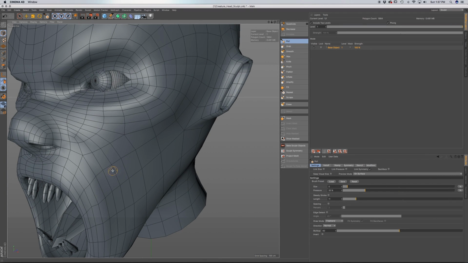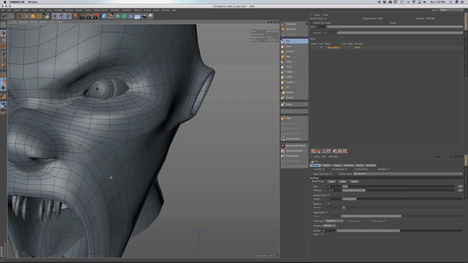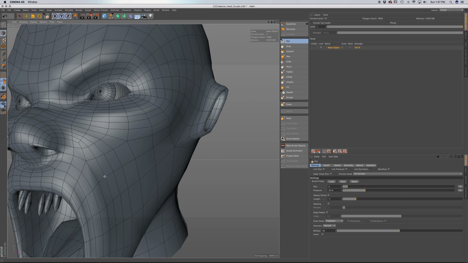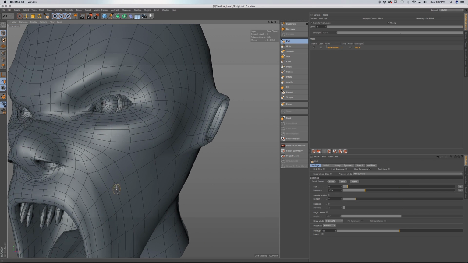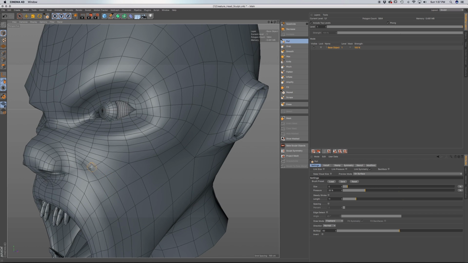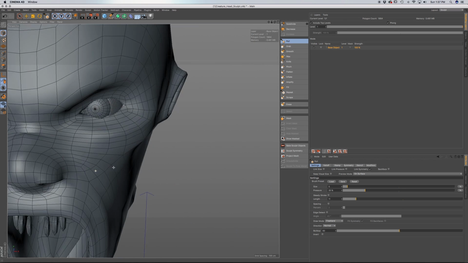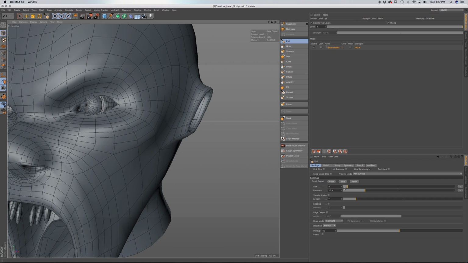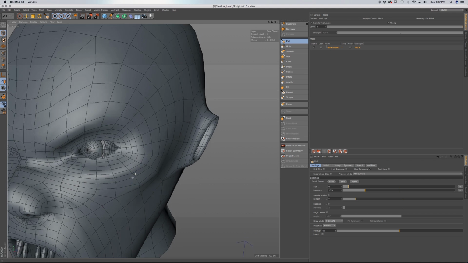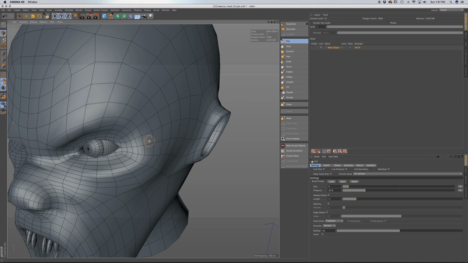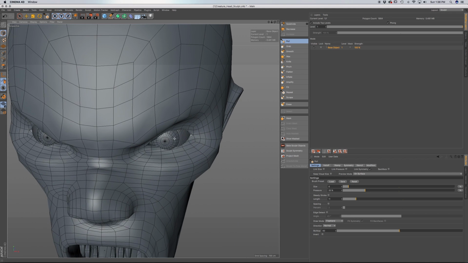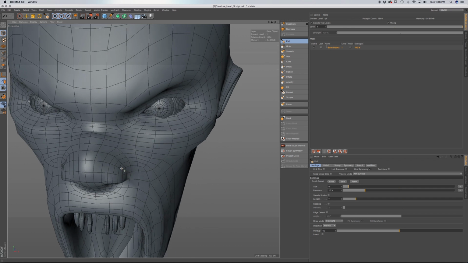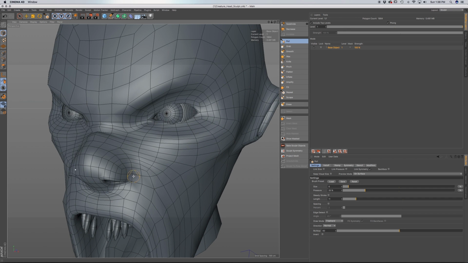And I'm using a mouse. I also have a Wacom tablet. It's a little bit better for sculpting because you have pressure sensitivity. But if you don't have a tablet, that's not a problem. I'm using a mouse, and you can just move along and go around your model and think about, look at reference,